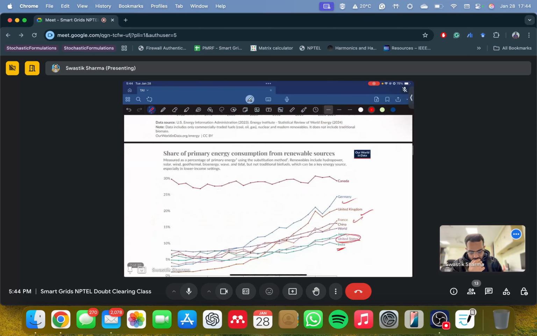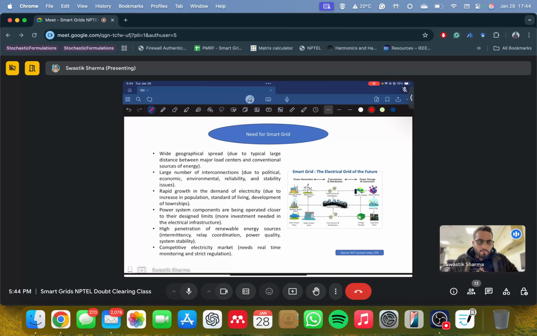Now let's come to the need. So we have such ambitious targets, and from the Indian context, that is where we feel the need for a smart grid. So when I define the smart grid, what do I say? Why a smart grid? What is a smart grid? I generally like to use this definition: it's a conventional grid only, but now it has got a brain of its own. It can think, it can mimic, it can provide data, everything to you. That is what a smart grid is. It's a conventional grid, but now with a brain in itself, right?